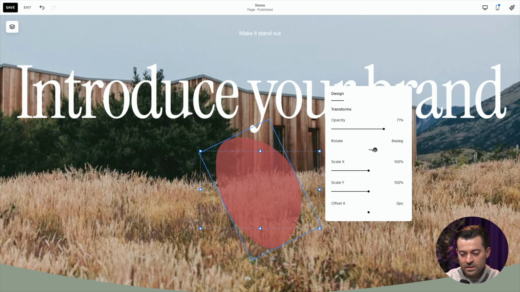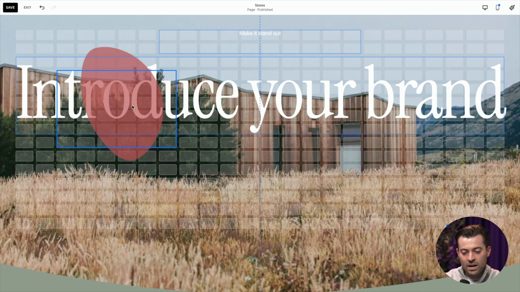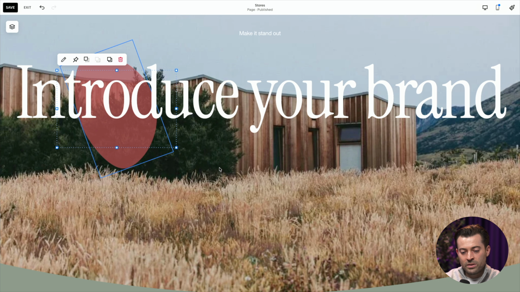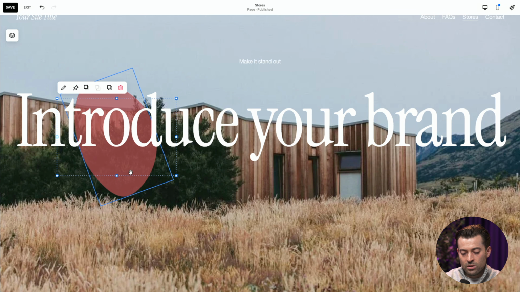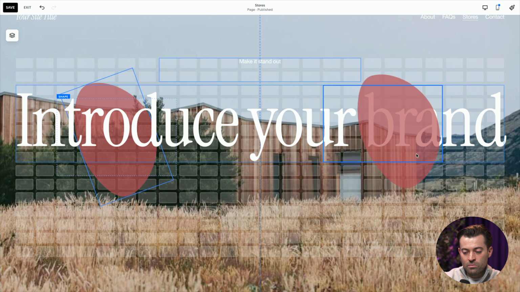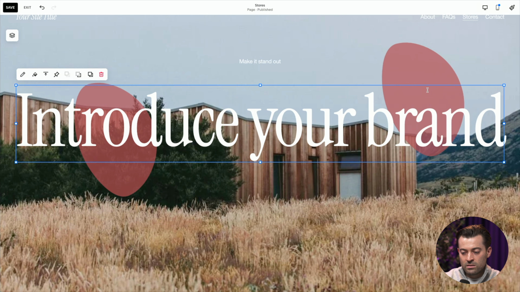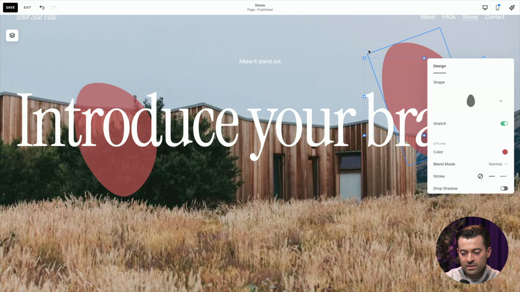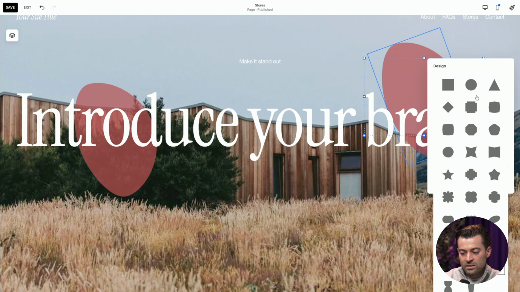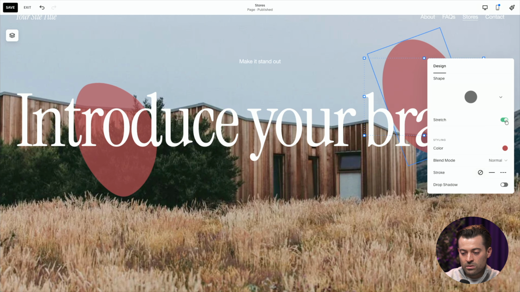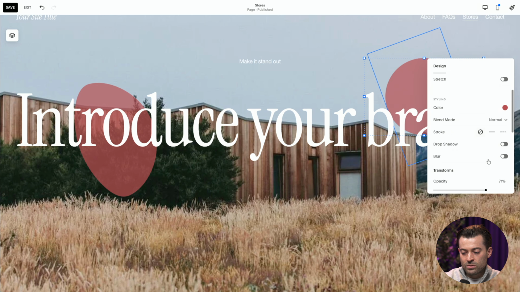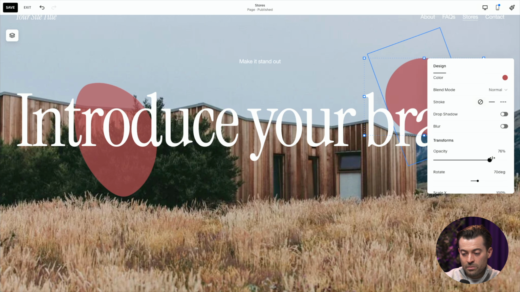So if I want to rotate this 70 degrees, I can. And I can go and sit that behind my text if I want, and I can go and plop it there. And let's say I want to do another one. So I'm going to duplicate this, and I'm going to move it over here. And then I can begin to edit again. So I'm going to make this a different shape, and I'm going to not stretch it out. And then I'm going to go down to transforms,